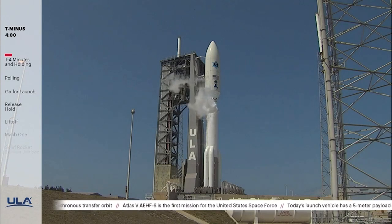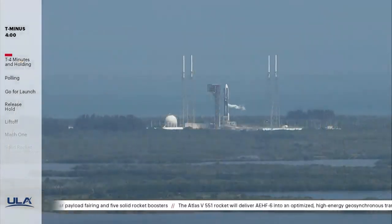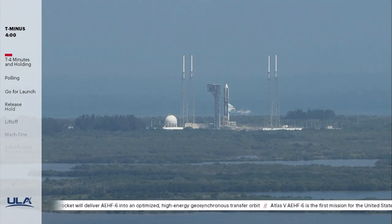This is Atlas Mission Control. The team is working the activities to safe the launch vehicle and the ground support equipment to put the Atlas V and Space Launch Complex 41 back into the same configuration as it was at the T-minus 4-minute hold point. As the team works that, the team is working to determine the issue that initiated the hold. In addition, today's available launch window does extend to 4